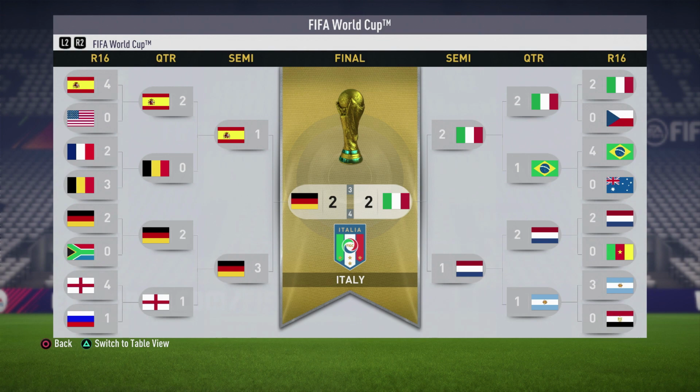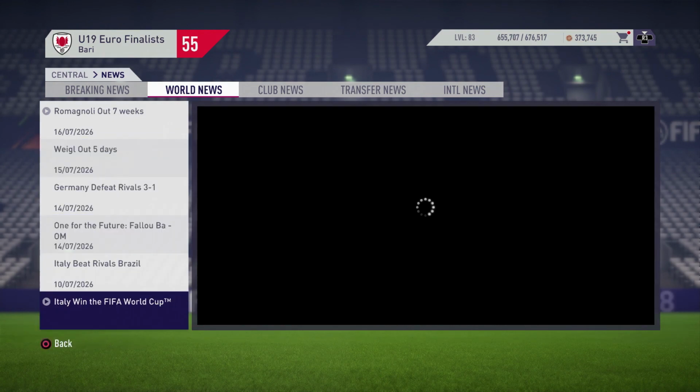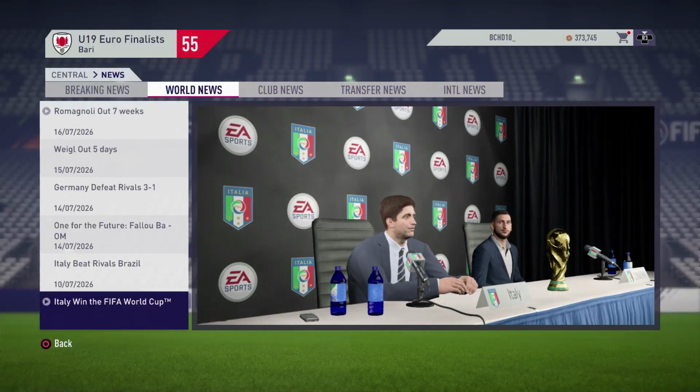So what a tournament that was. Very, very interesting matches up there. As you can see, the full tournament tree there for you to look at. So that's what FIFA 18 Career Mode predicts what will happen in the 2026 World Cup in USA, Canada, and Mexico. Will that happen with 48 teams? Who knows? But it'll be a very, very interesting tournament. The first tournament to have 48 teams in there compared to the normal 32. So it'll be very interesting to see, will it happen? Will Italy be the champions in 2026? Who knows? But we're going to move on to the news segment and see Italy and